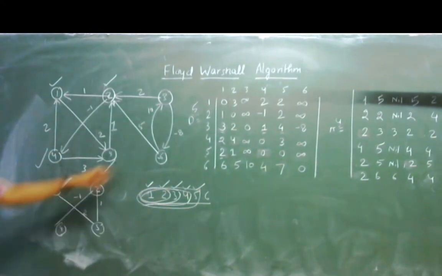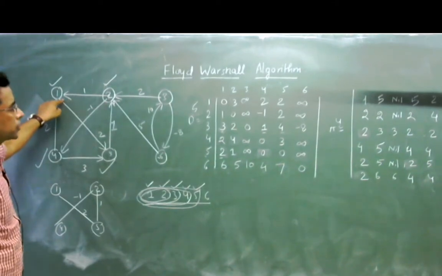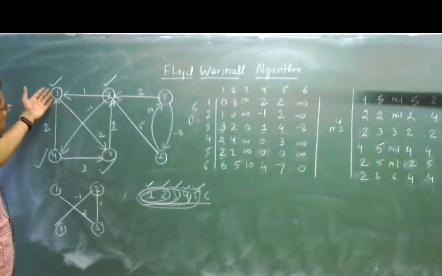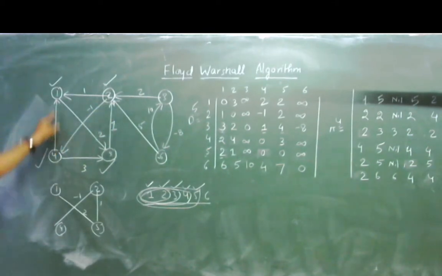After that, from 6 you can take the advantage. 6 plus 5 plus 1, 6. It cannot be minimized any further. Suppose 5 to 1 minus 1, 4, 4 plus 2, 6.